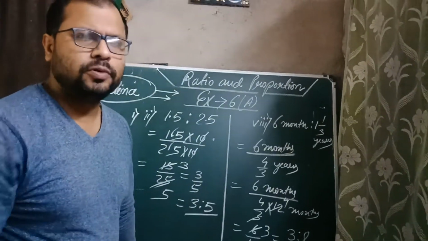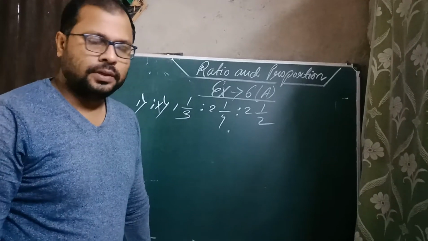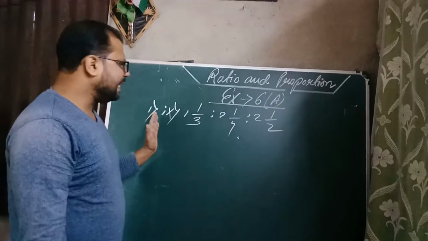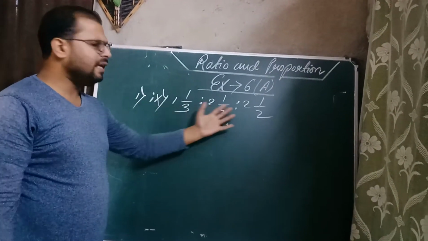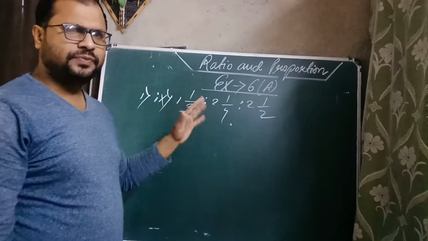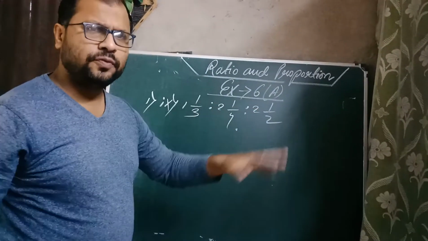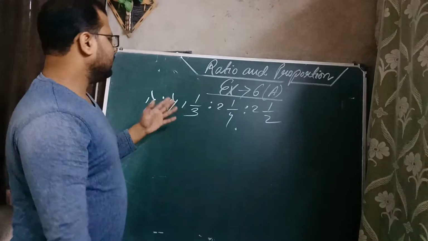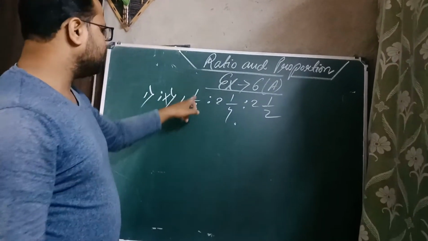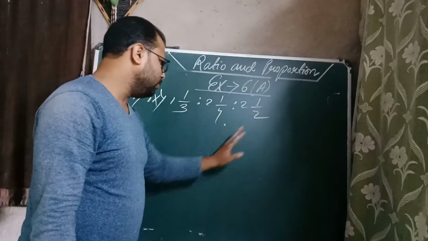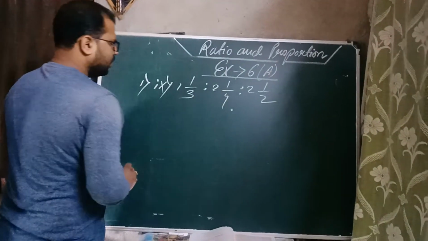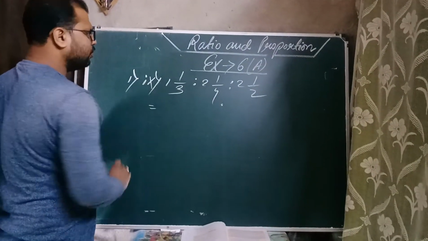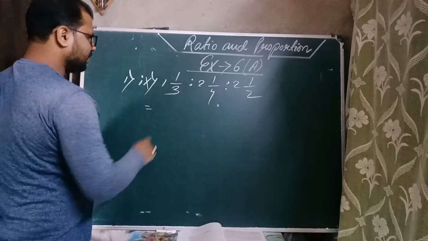Now we'll focus on a few more questions. Now, students, I have taken the 9th part of the first question only, where we have 3 different ratios together. Different question. Then afterwards, we'll go for the word problems. So, in this question, you can see 1 1/3, 2 1/4, 1 1/2 are there. Different numbers are in the given ratio. So, first of all, we'll convert into normal, proper fractions.